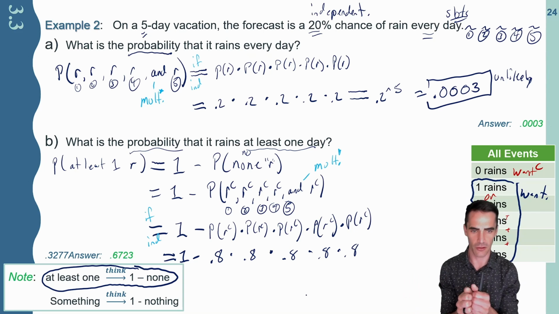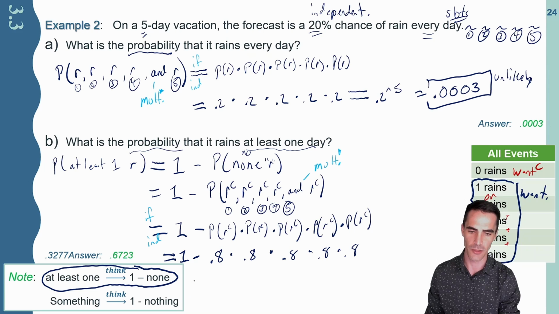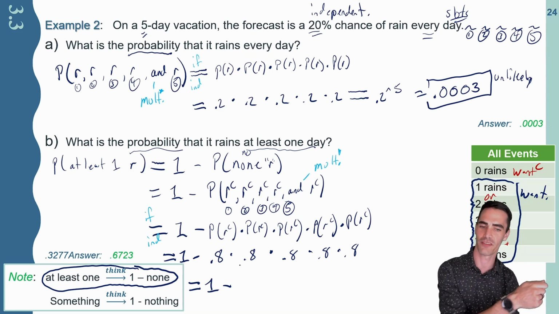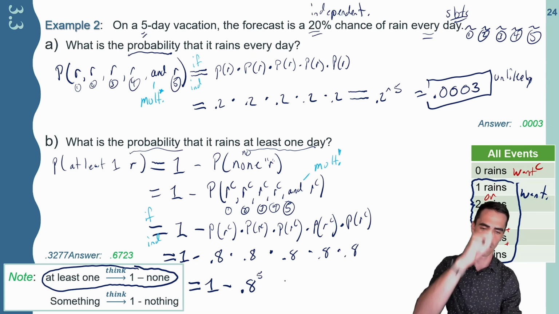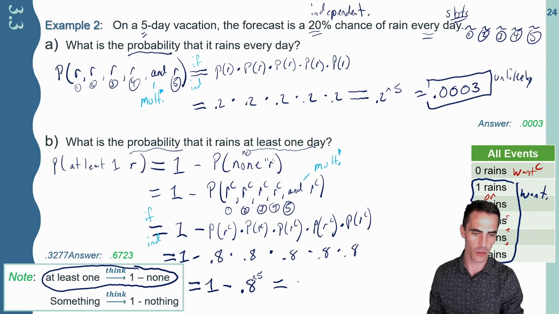If you'd like to, you can get a calculator out and simply multiply all those together. Let me do it like this though. Equals 1 minus, just like I talked about up top, instead of multiplying 0.8 times 0.8 times 0.8 and so on, you can raise it to the fifth power because we're doing it 5 times. So 1 minus 0.8 raised to the fifth power, the little caret is how we get there. This should equal